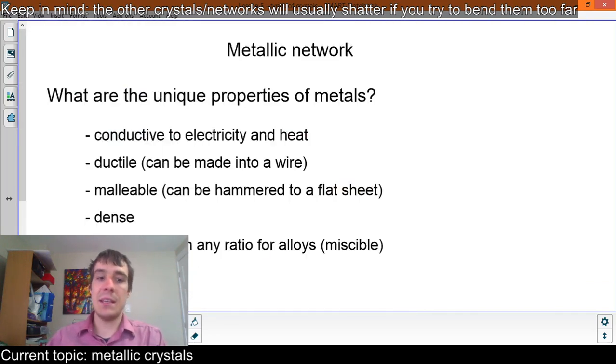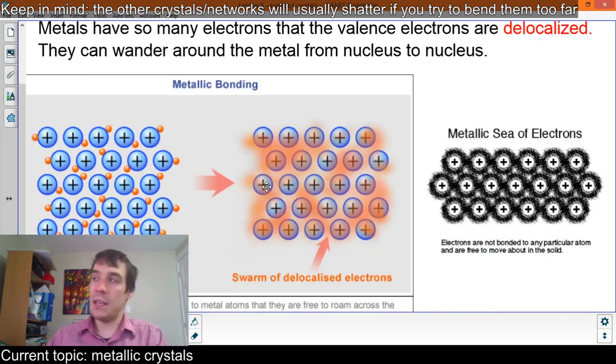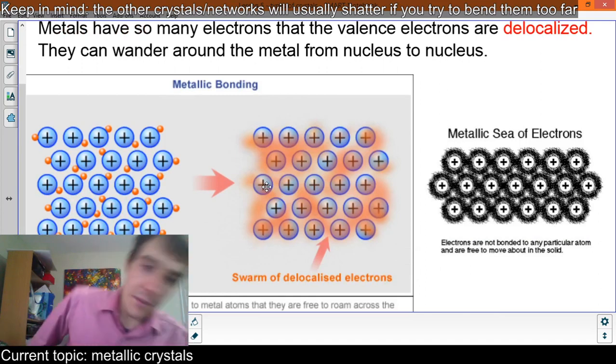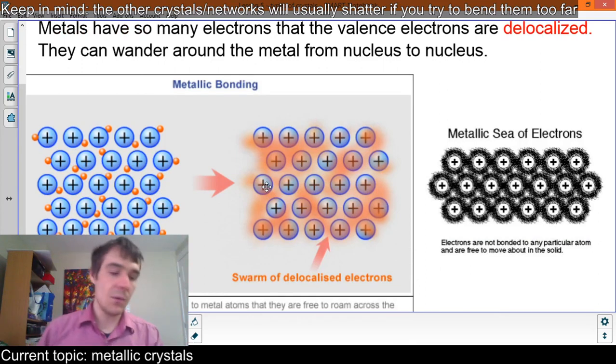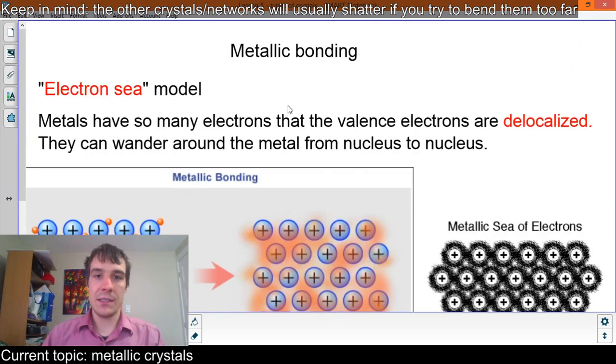And they can mix in any ratio, because you can just stick a different metal in, and it'll just give up its electrons to the electron sea. Kind of like adding one more person to your communist society. Their property just becomes property of everybody else. That's the electron sea model